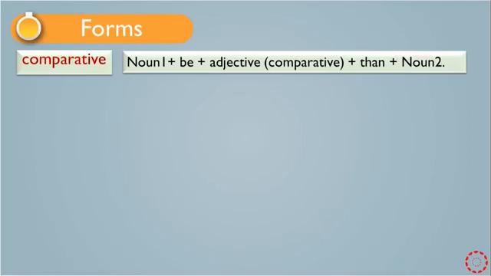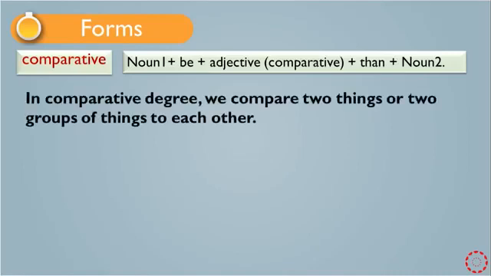In comparative degree, we compare two things or two groups of things to each other. For example,